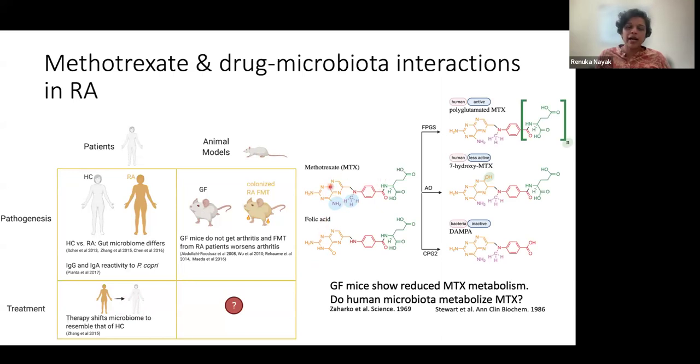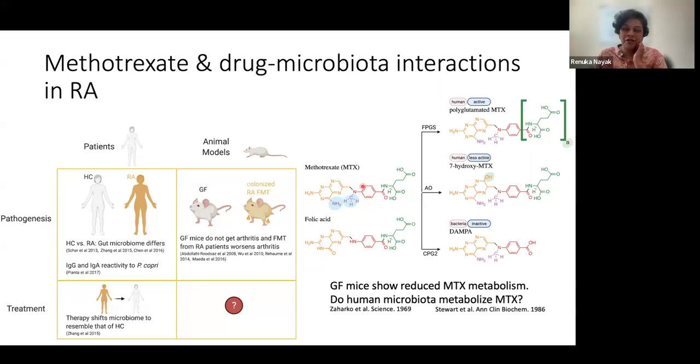Here I'm showing you the structure of methotrexate, and here's the structure of folic acid. And you can see that they're very similar, right? There's that double ring, the pyrimidine ring, and then this benzoate, and then the green is the glutamate. And folic acid has all of those. The only difference are these two groups here on methotrexate that are not present on folic acid. So there are only two differences between folic acid and methotrexate.